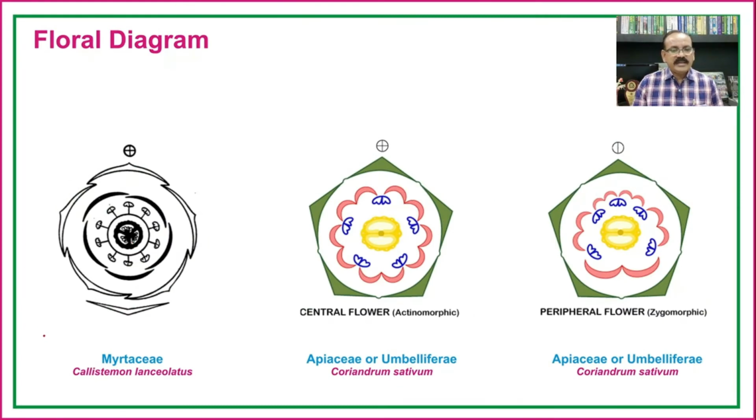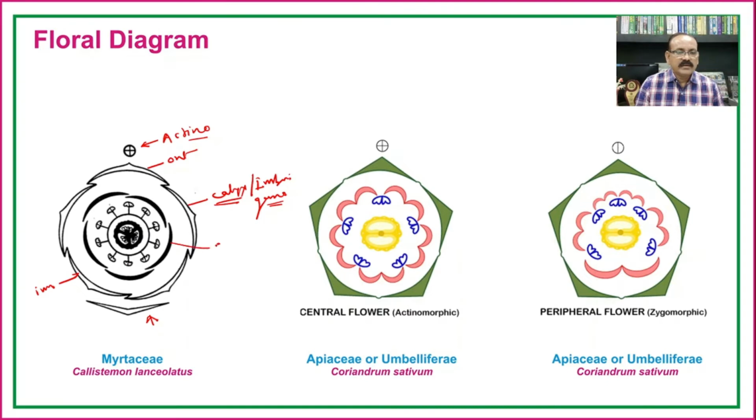In family Myrtaceae, again the flowers are bracteate. Bracteate means the presence of the bract. Then they are actinomorphic. Then the calyx, that is the sepals, are fused, in which one sepal is completely outer and one is completely inner, and hence the arrangement is imbricate, and it is a gamosepalous type of condition.